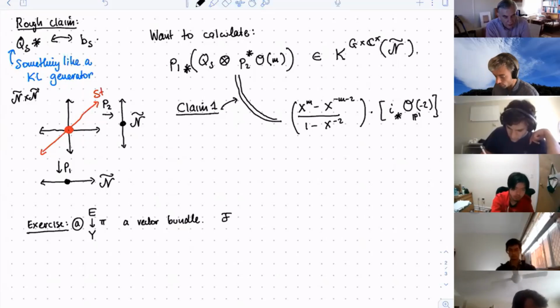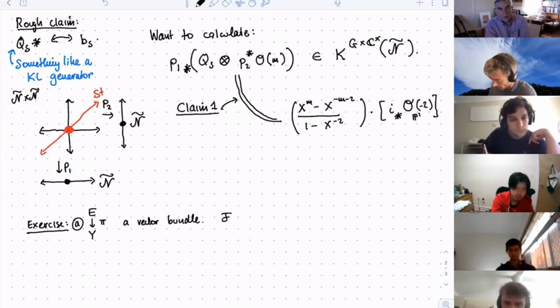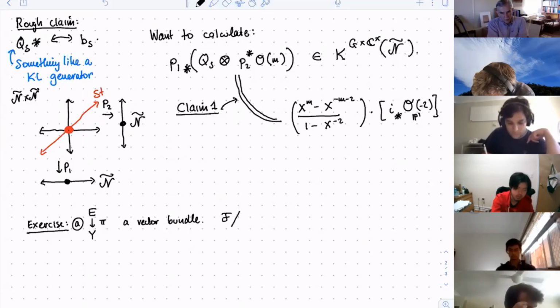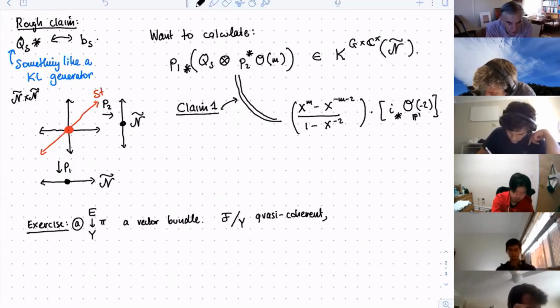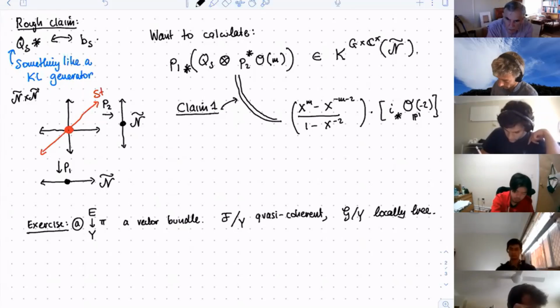If you're new to algebraic geometry, I would recommend you do this exercise. It's really not difficult, but if we have F on Y quasi-coherent, and G on Y locally free, then